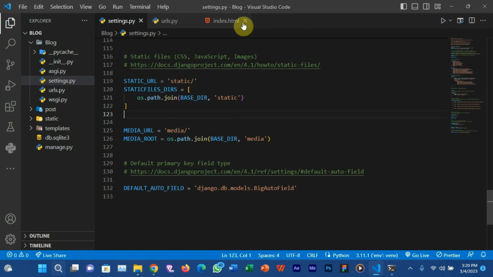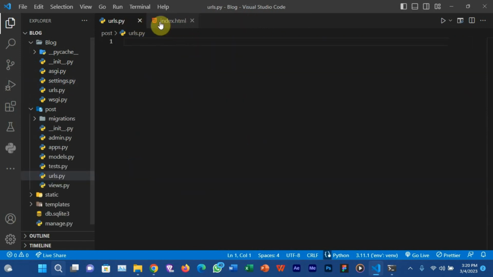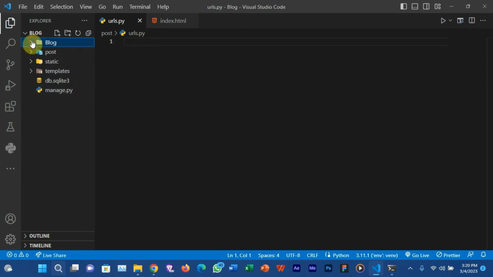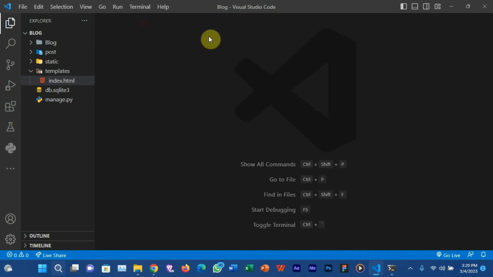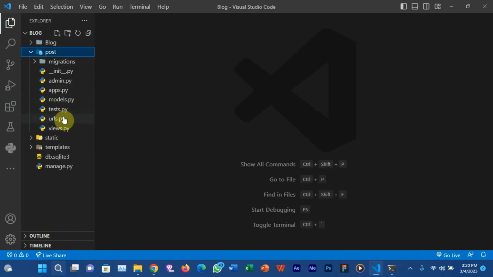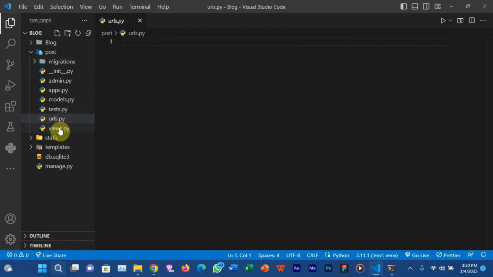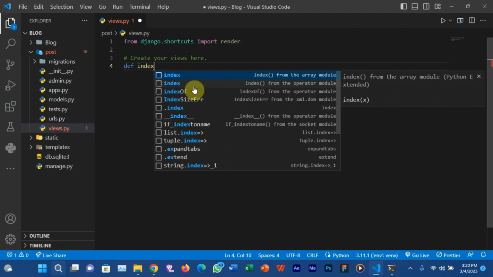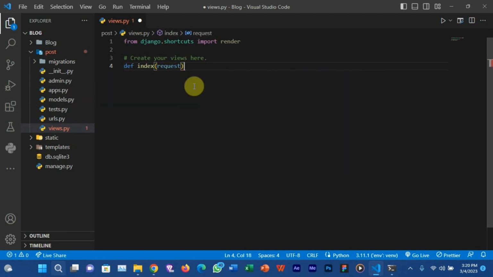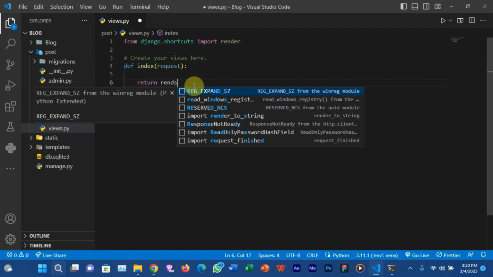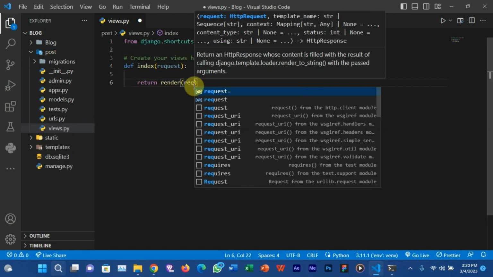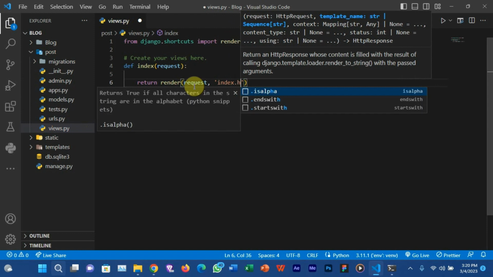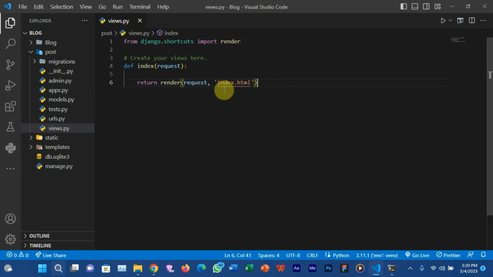So you can just close this off, and then let's close our settings. We don't need that for now. The next thing to do is add some URLs inside the urls.py file we created inside our application here. But first, let's create a view here. I'm going to use a function-based view. The first view is the index, which is just the home page. We take request and then return render, the request and then the HTML file you just created, so index.html. That's how we specify it here.